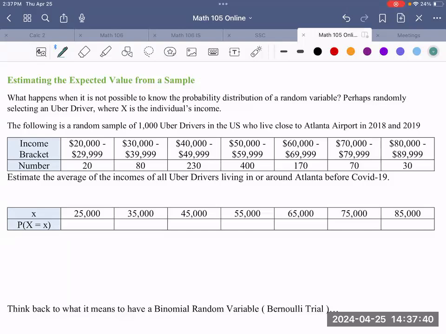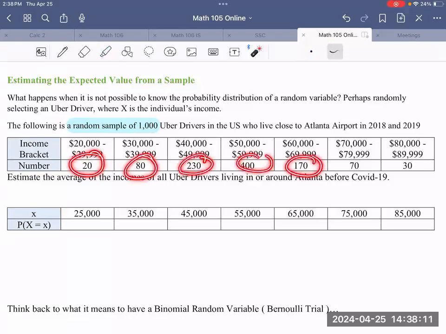It says, what happens when it is not possible to know the probability distribution of a random variable? Perhaps, for example, a randomly selected Uber driver is selected and X is the individual's income. The following is a random sample of 1,000 Uber drivers in the US who live close to Atlanta Airport in the years 2018 and 2019. So you have the income brackets below, and then the frequency of which each has fallen into the mix, right? So the estimate of the average incomes of all of the drivers just before